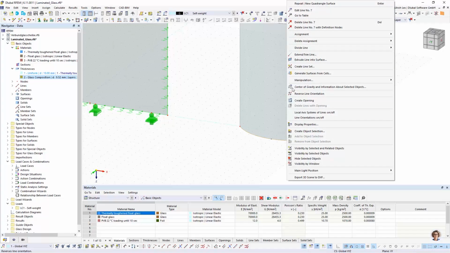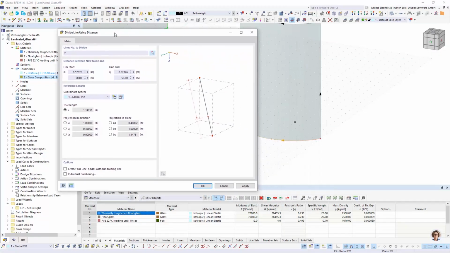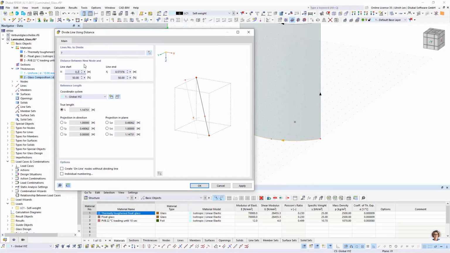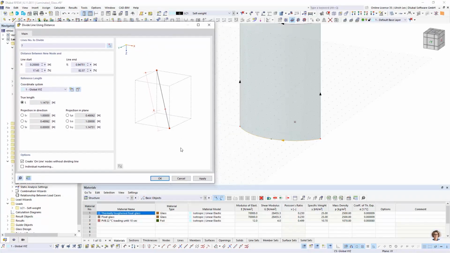Select the line, click right, divide line by distance. I want to choose again the 0.2 meters. Now I want not divide the line. Then I have the option to create nodes on line without dividing. I can click this here, continue with, just move the, click apply,